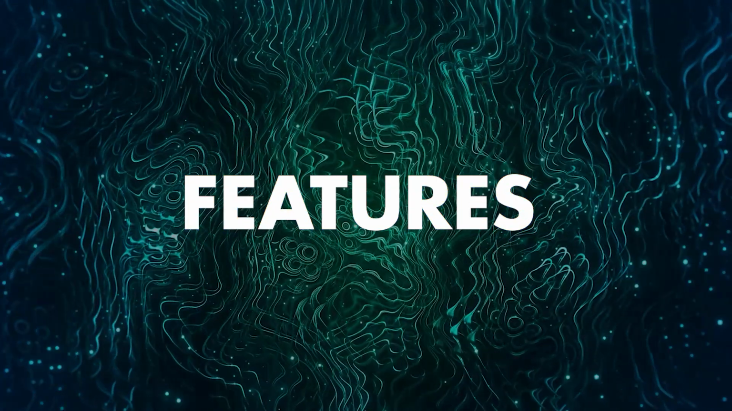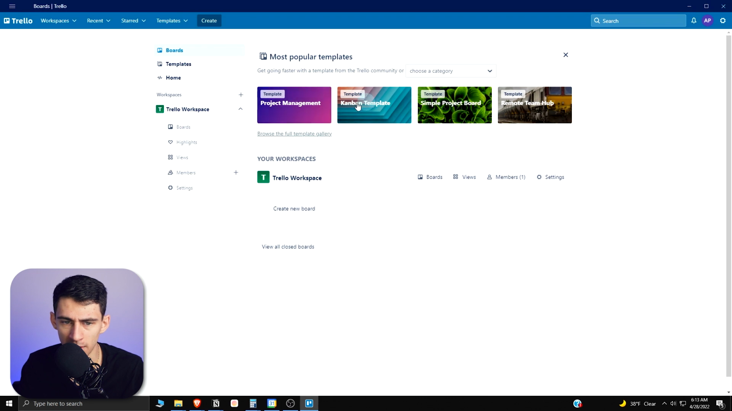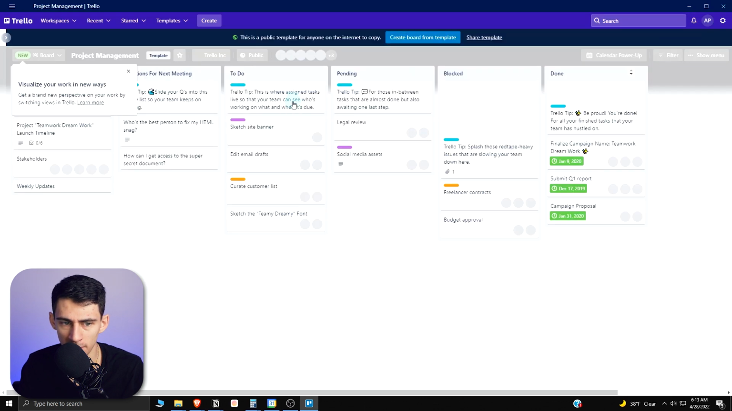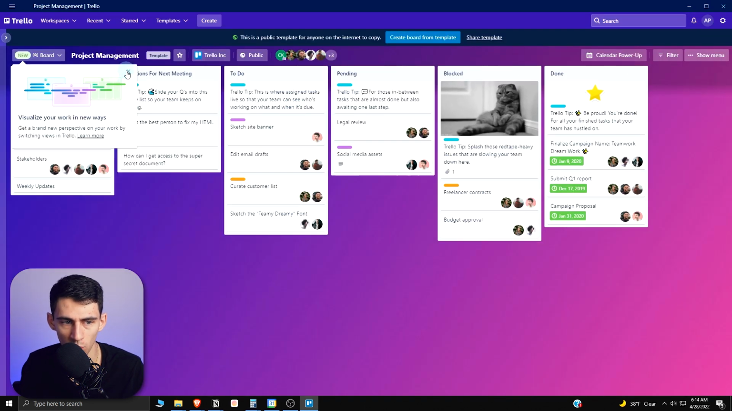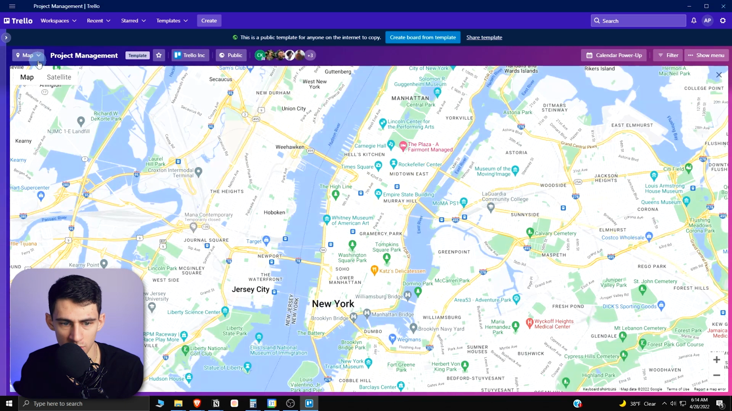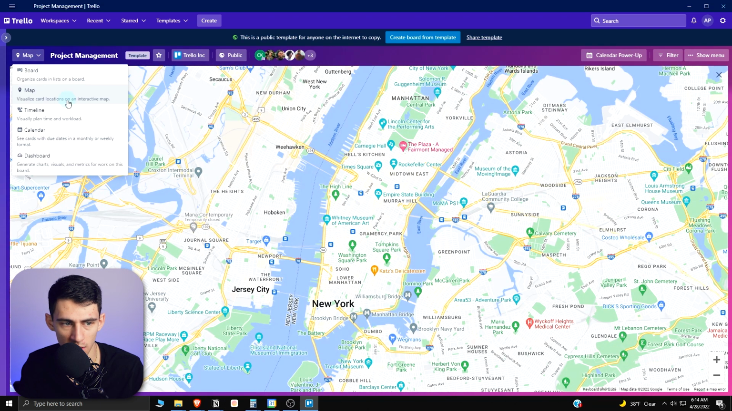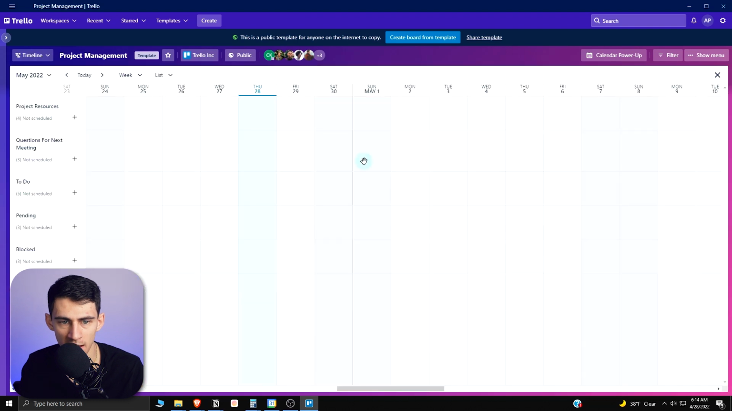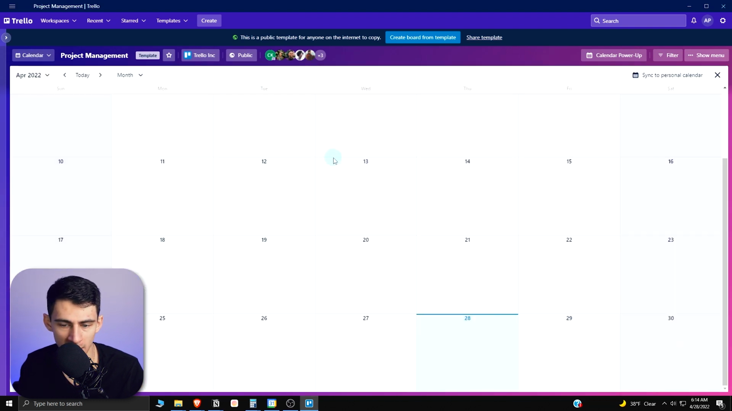So let's jump right into an example template right now. Let's do this project management template. So you can visualize your work in new ways, as there is the option for all of these different views. We have board to start, and then a map one, which is interesting, where you can visualize cards on locations in an interactive map, and then a timeline view for project, and a calendar view to see your different projects